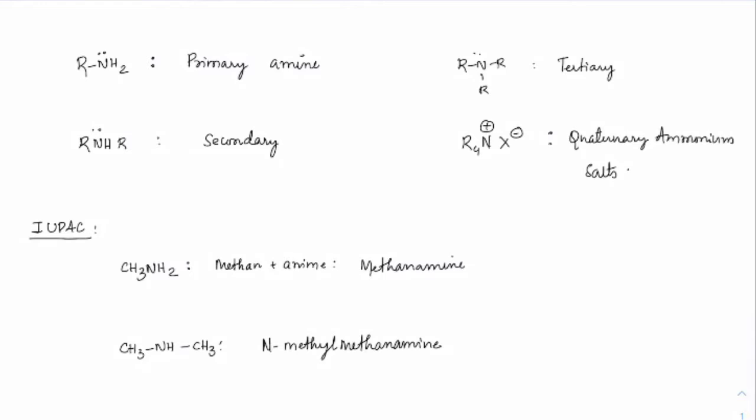In the case of amines, what all things do we need to check? First of all, the position. If nitrogen has two hydrogens and one alkyl group, we call it a primary amine. If it has two alkyl groups, we call it a secondary amine. If it has three, we call it tertiary. If it has four, it usually exists like a salt, and we call it a 4 degree or quaternary ammonium salt.